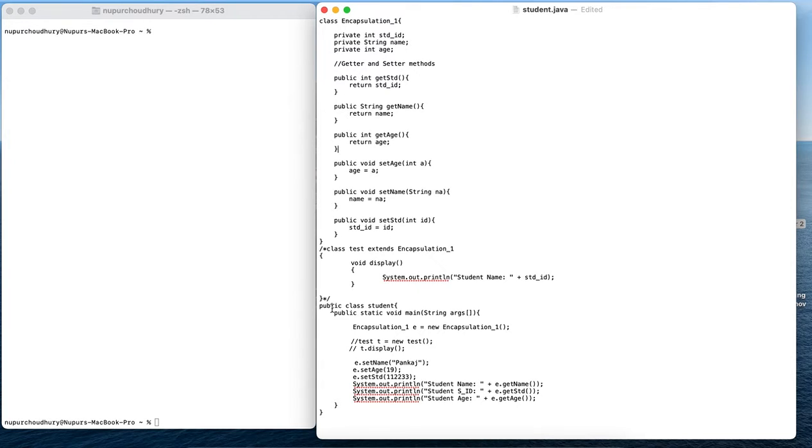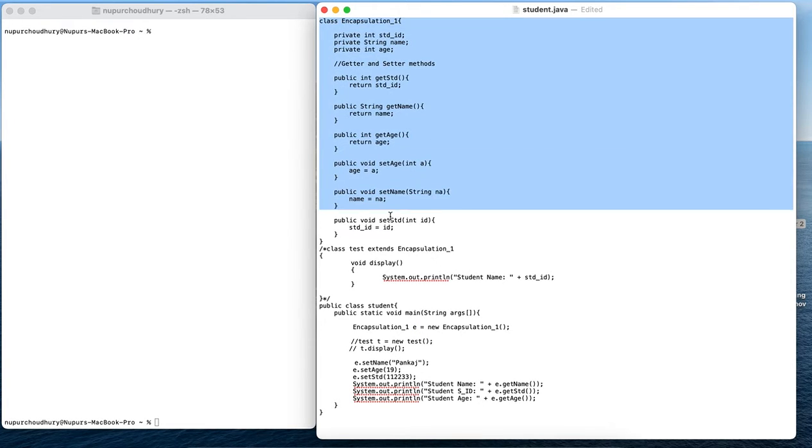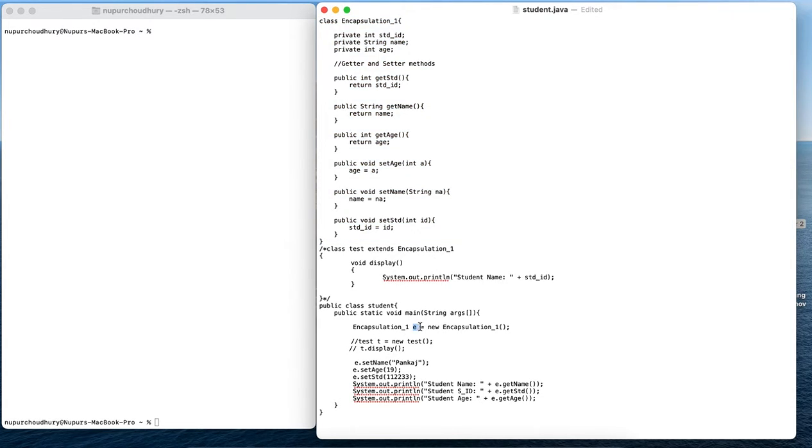Now coming to the main program. I have created the main class, with the main method inside the class, and here I have declared the main method: public static void main, String arguments. In order to access the methods of the previous class, where the variables are declared as private, we have to create an object of that class.